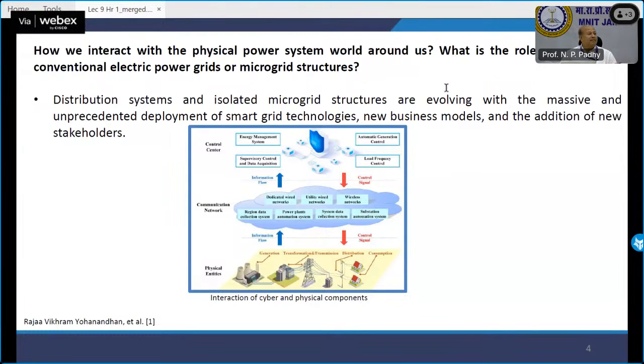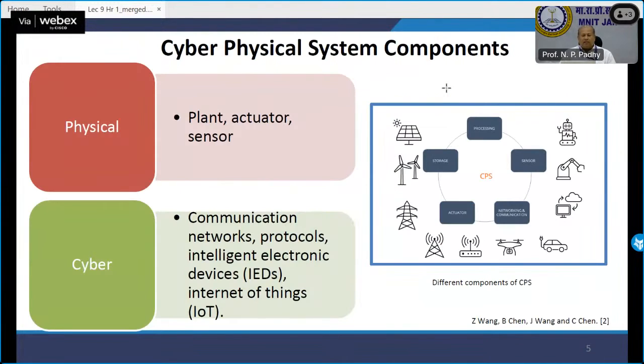What is this, Baba? We made the system too complicated in the process, and hence a new business model and the addition of new stakeholders in the process of adding many devices. And then we say all the inverters start talking to each other. We have a decentralized mechanism of energy, a multi-microgrid concept, different control architectures. Am I right? So it's too complicated now. Because of which the cyber physical system becomes important.